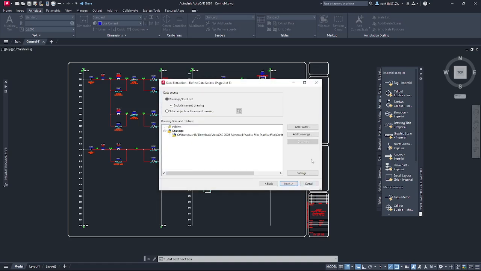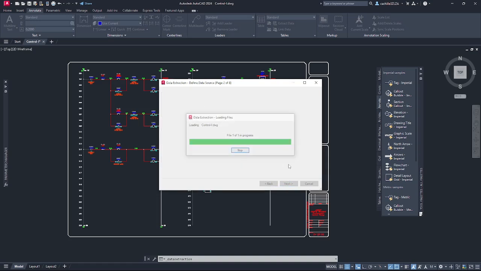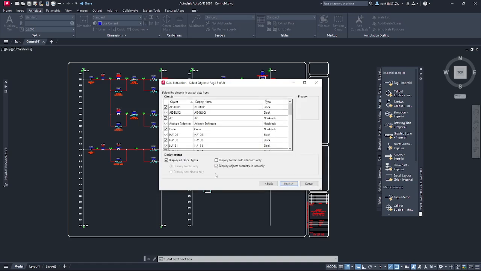In the Data Extraction wizard, in the Data Source area, ensure that the drawing sheet set and Include Current Drawings are selected, and then click Next. In the Select Object page, clear the Display All Object Type options and select Display Blocks Only. Scroll through the list of blocks and clear Logo, including the words